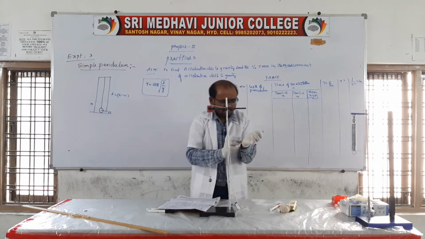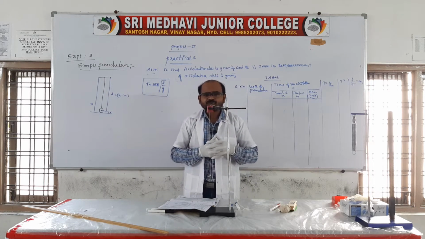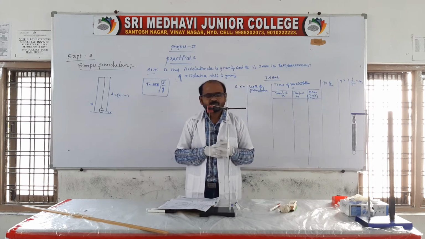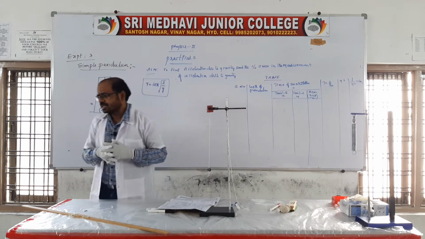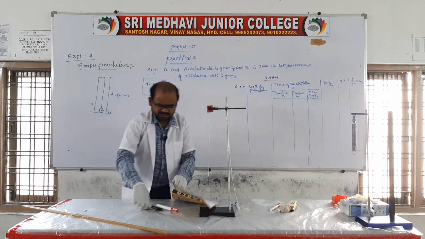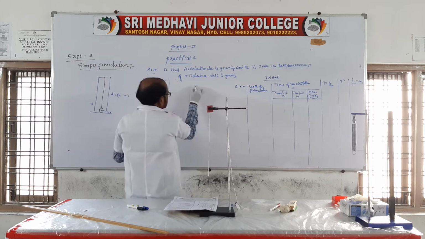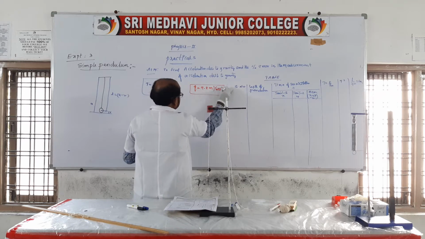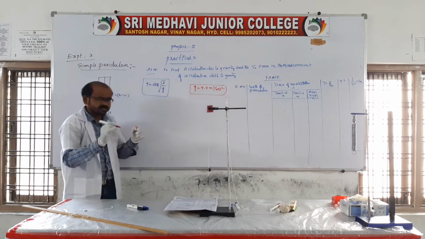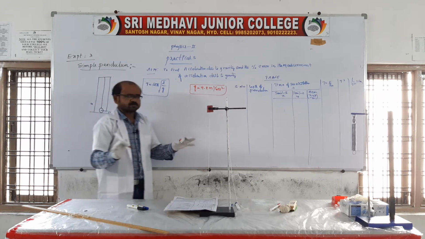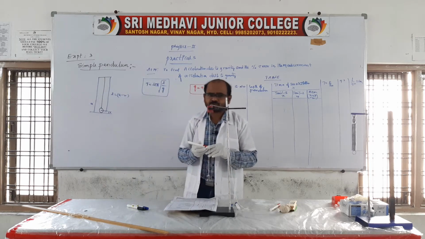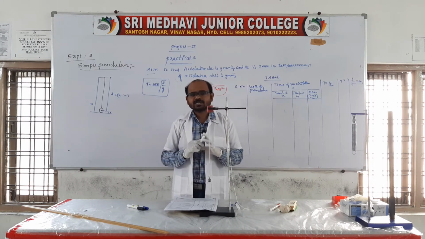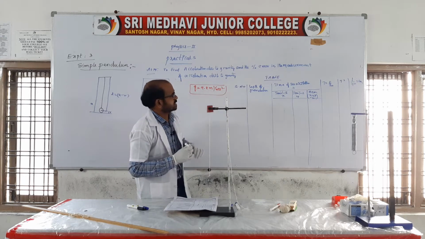Of course, everyone remembers that acceleration due to gravity on the earth's surface changes from place to place. Here, the average value we take is G equal to 9.8 meter per second square on the earth's surface. It is an average value, but I don't know it at this place, at this moment. At this given place, we need to find the acceleration due to gravity, that is small g. Then after getting small g, it asks for the percentage error in the measurement.